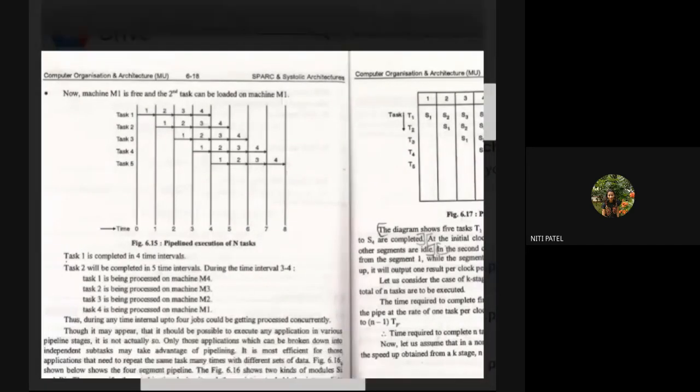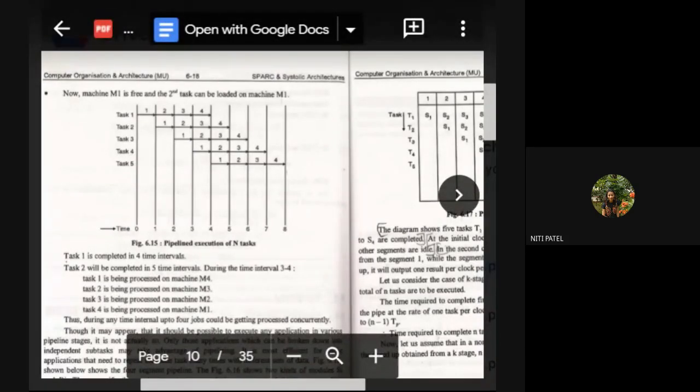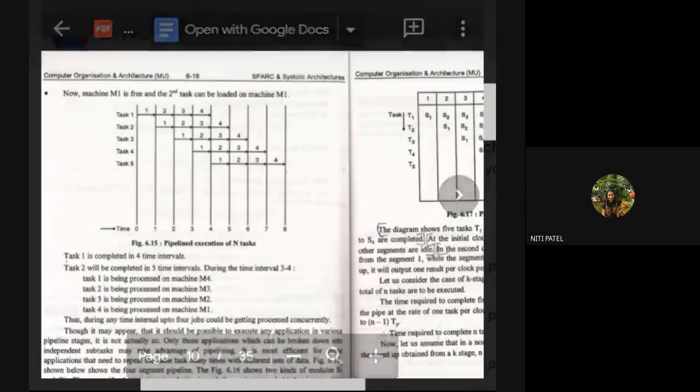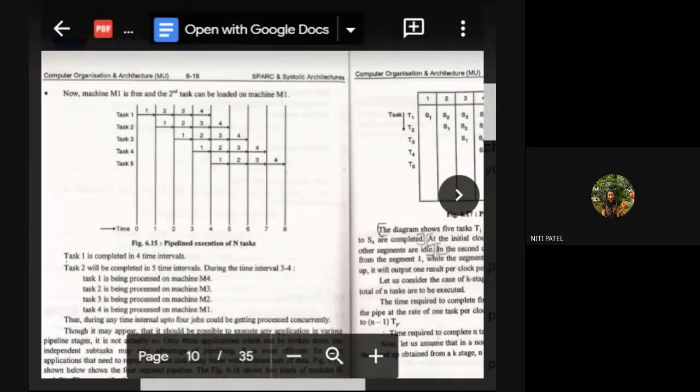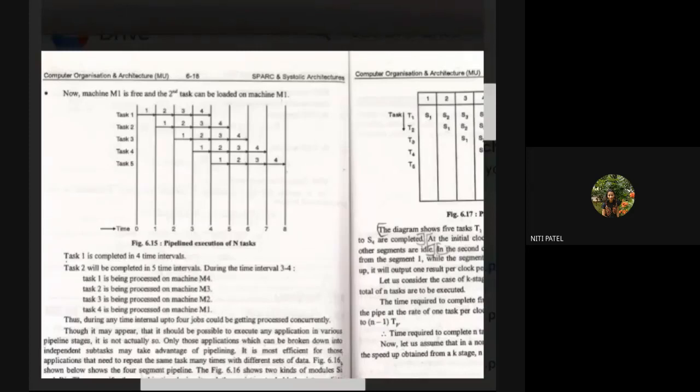Now, if you see, at every time, different things are happening. At time 0 to 1, subtask 1 of task 1 is getting executed. In time 1 to 2, subtask 2 of task 1 and subtask 1 of task 2 are getting executed. In time 2 to 3, subtask 3 of task 1, subtask 2 of task 2, and subtask 1 of task 3 are executing. So what I am doing here is starting the execution of all the separate tasks and their subtasks at different timings. When I do this on different timings with respect to different tasks, I can achieve that pipeline.